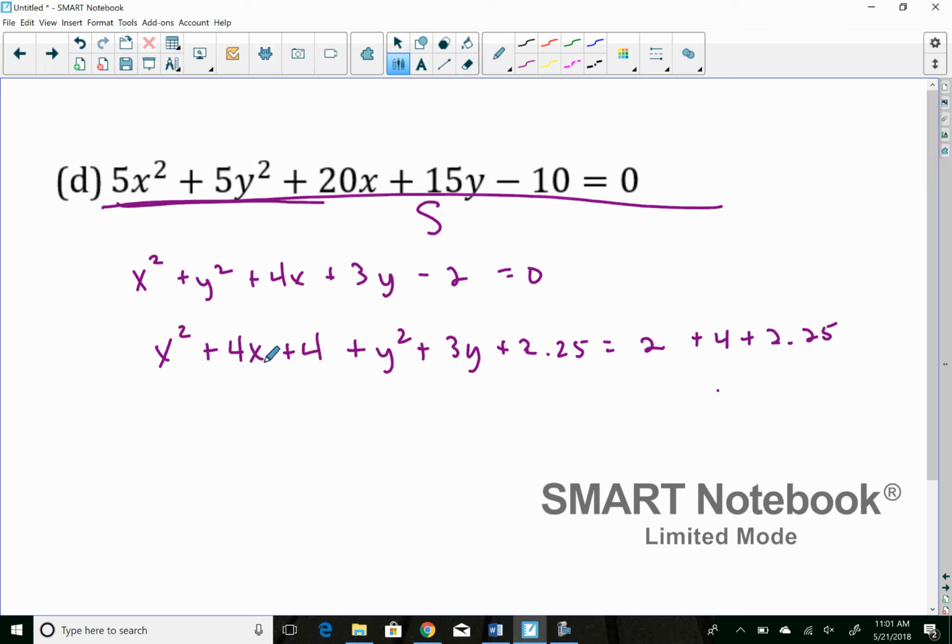So then when I factor this, I'm going to have x plus 2, which is x plus 2 squared. Now to factor this next one is kind of hard. So you have to remember that we used 1.5. So I'm going to have 1.5 times itself is 2.25, and added to itself is 3. Then if we do 2 plus 4 plus 2.25, I get 8.25,